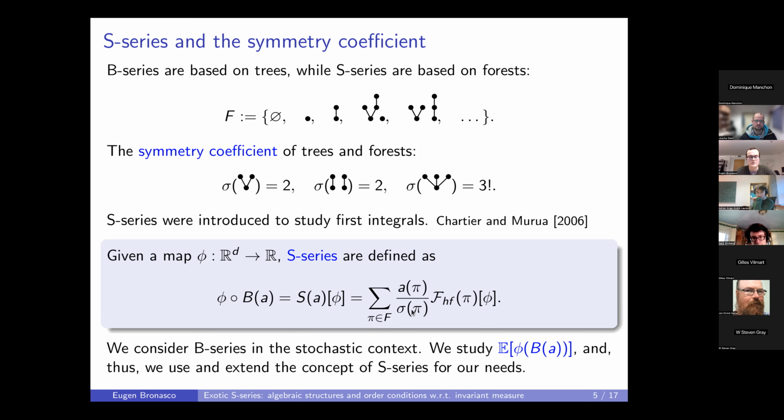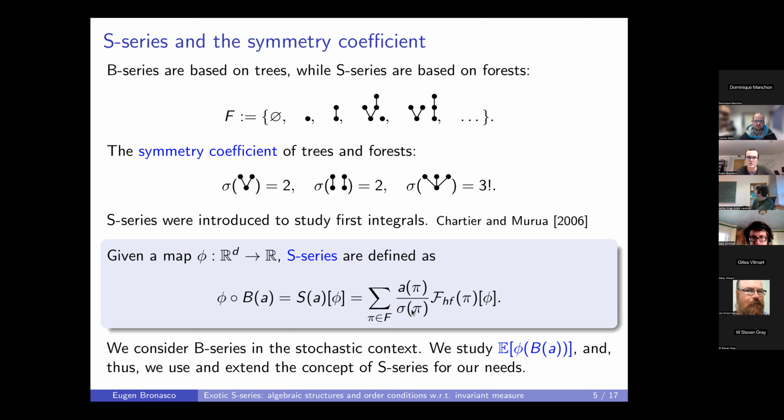So now, since we consider the B series in stochastic context, we will study the expectation of phi of B of A, and so it's reasonable to consider S series as a tool we're going to use. It has to be said that we don't have to consider S series; it's a choice, because for